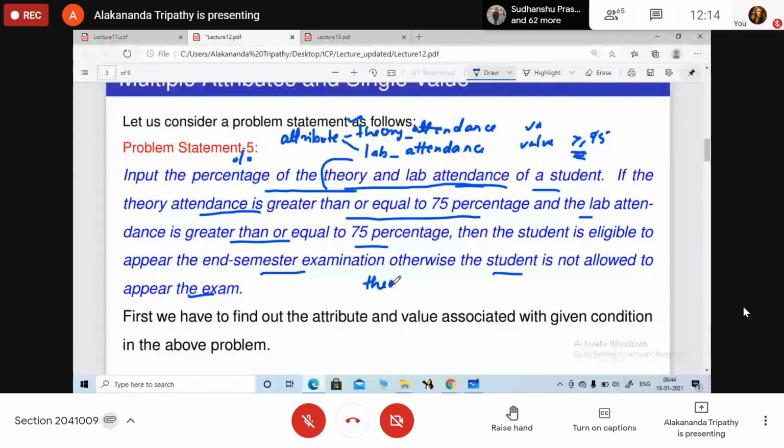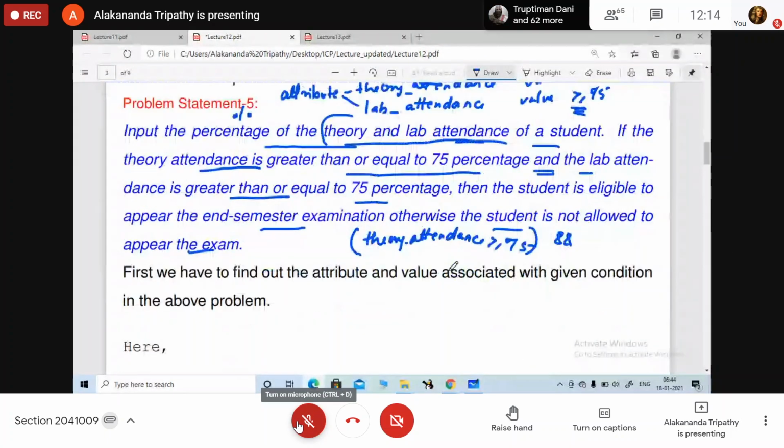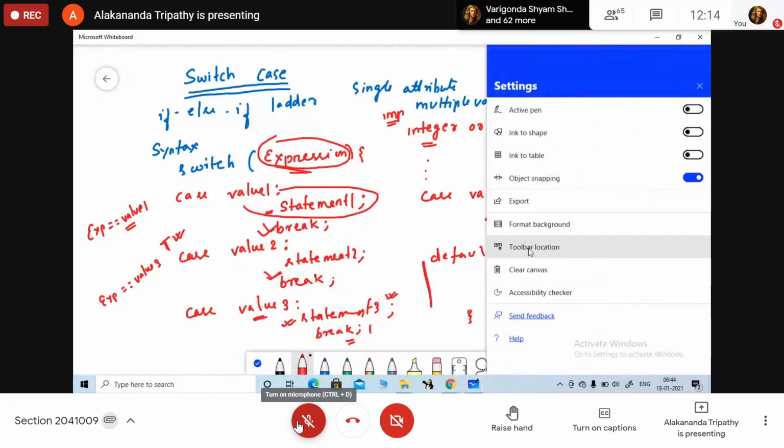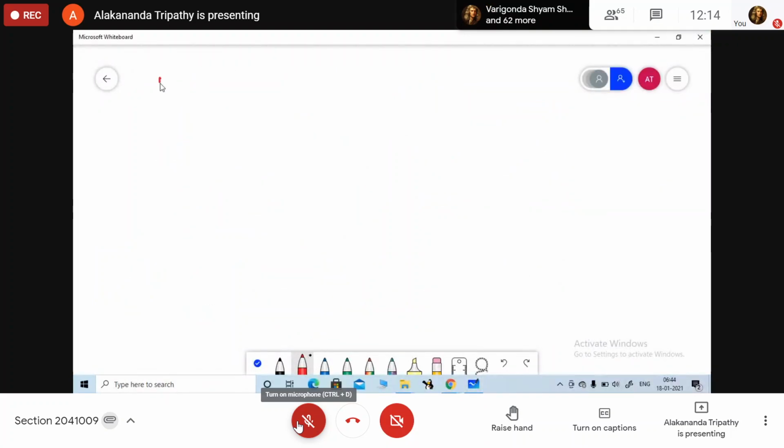So how are we going to combine it? Theory attendance should be greater than or equal to 75, and the clause we use here is the AND clause. Which operator are we going to use? The AND operator. So I will erase this part. Multiple attribute, single value.